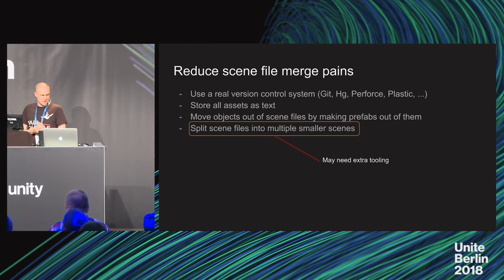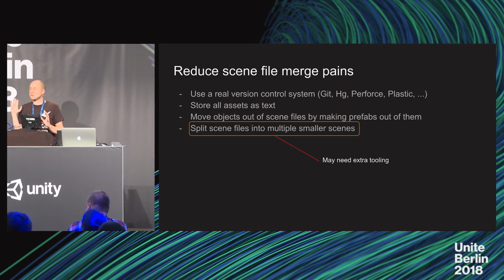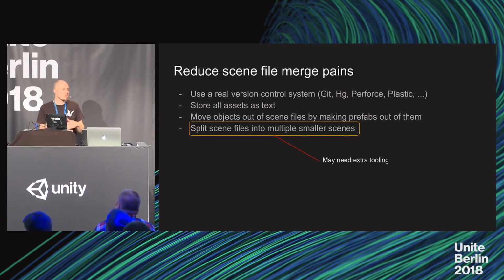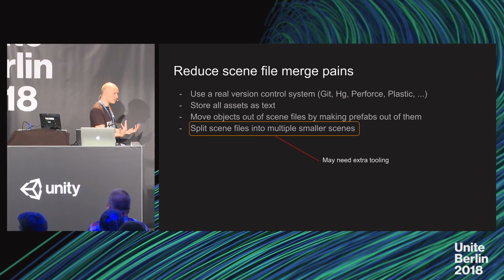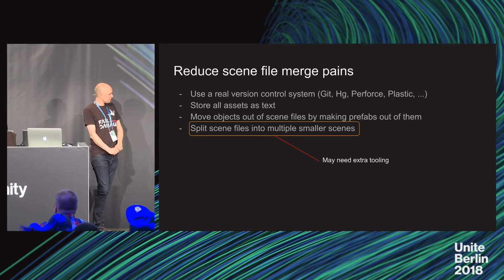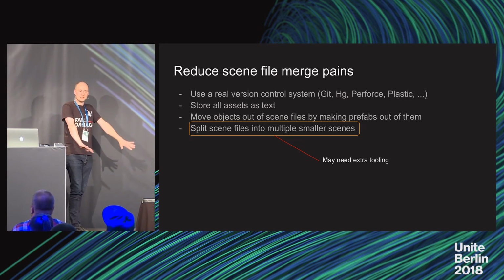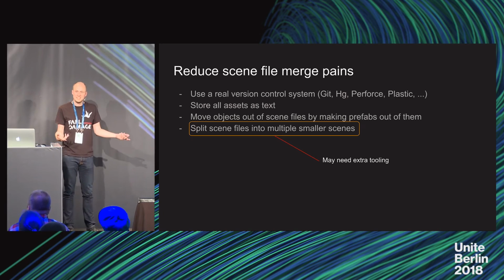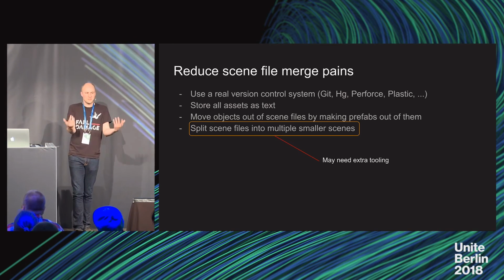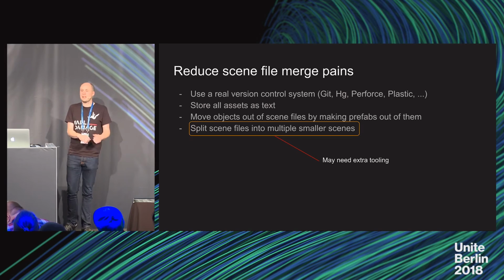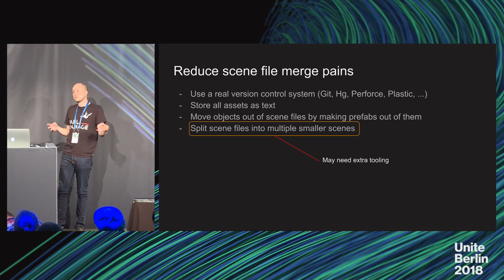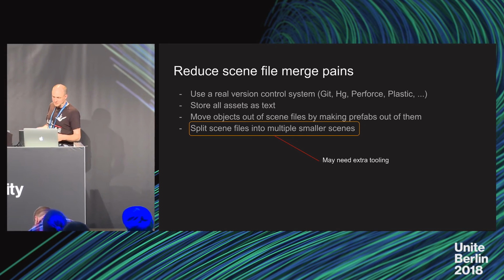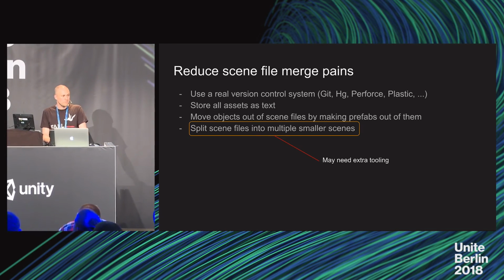That didn't do everything, so we still had problems with large scenes. So then we started splitting certain scenes, in particular in-game, into multiple smaller ones. So when we're in-game, we have an environment scene for the current level. We have a logic scene where we have most of our custom MonoBehaviours. And there's also an in-game 2D HUD scene. And there are zero references between these. It took some extra tooling, but we found that it was worth it splitting it like that.